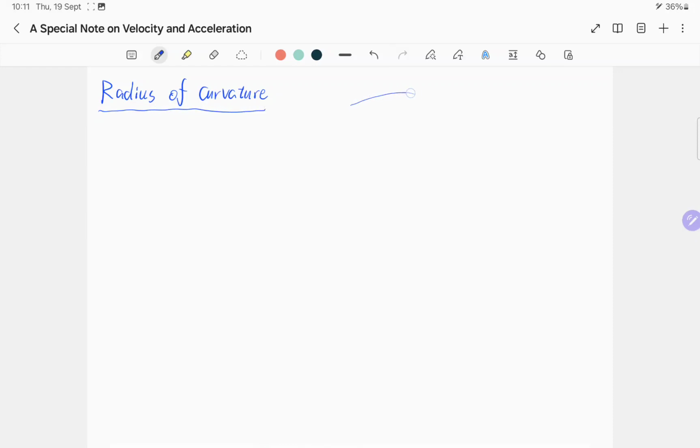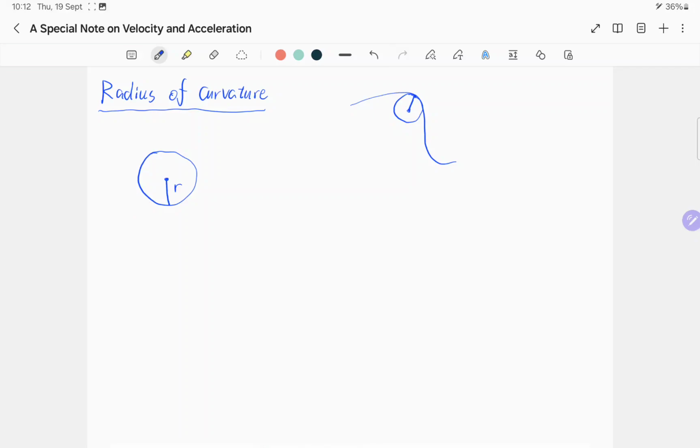So this is a curve, and at one point, we can use a circle to approximate its curvature, and it has a curvature, so we want to find the radius of that curvature. Basically what we want to do is find the relationship between the radius of the circle and the curvature of the circle, because at that point the curvature of the circle is equal to the curvature of the curve. So for a circle with radius of r,